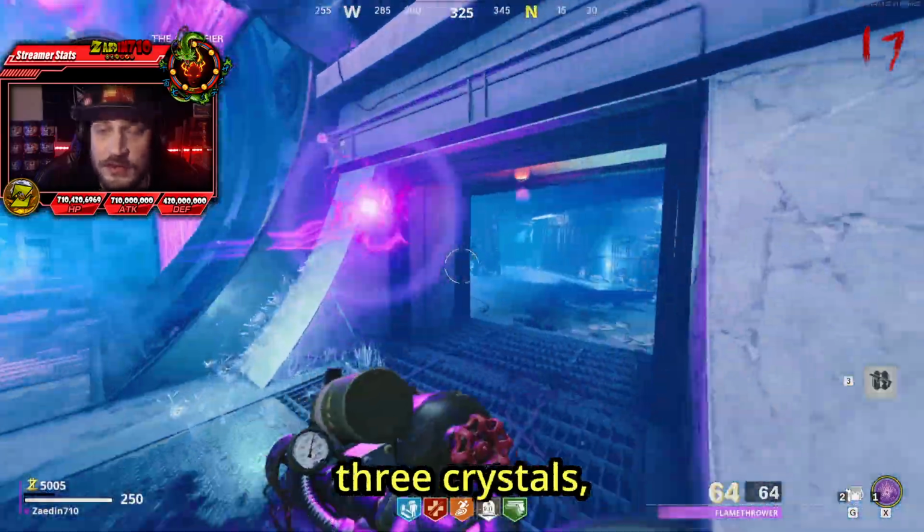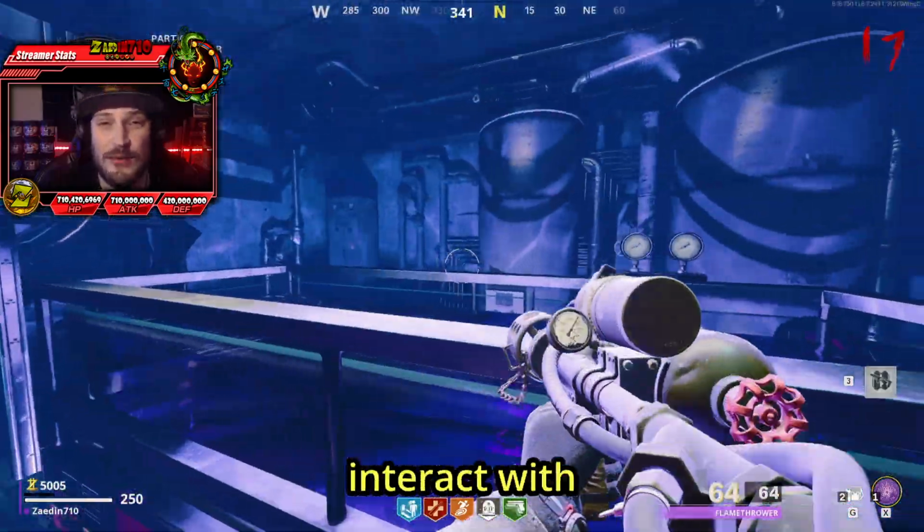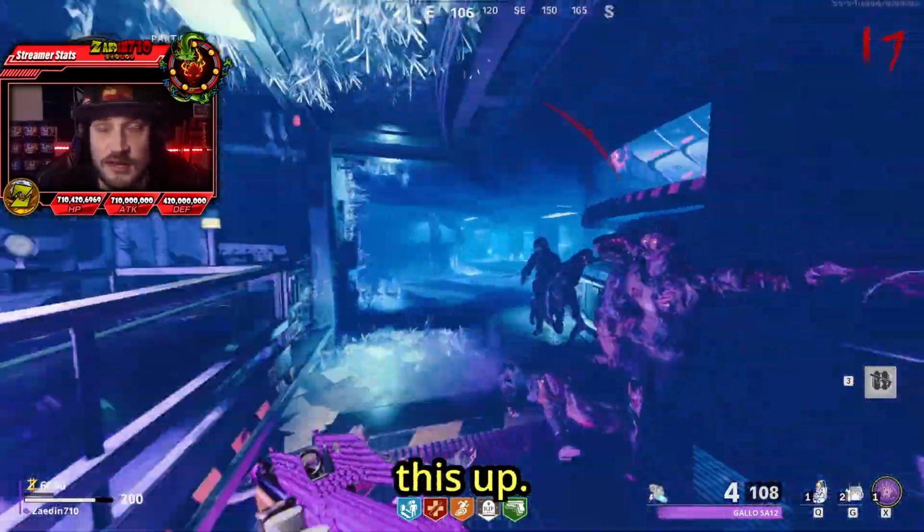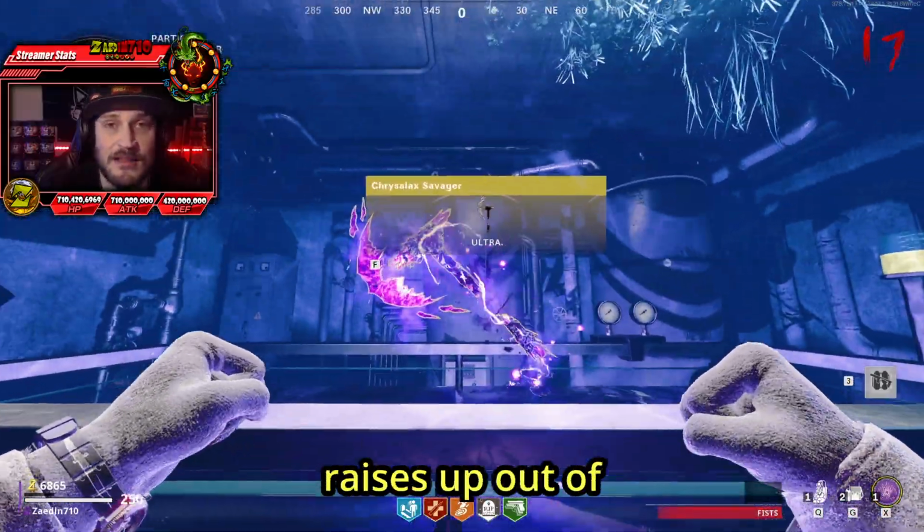And once you've collected all 3 crystals, head over to the particle accelerator and interact with this tank underneath. Now you're going to need to get melee kills in front of this tank in order to charge this up. You'll know you finished it when the Wonder Weapon raises up out of the tank, allowing you to pick it